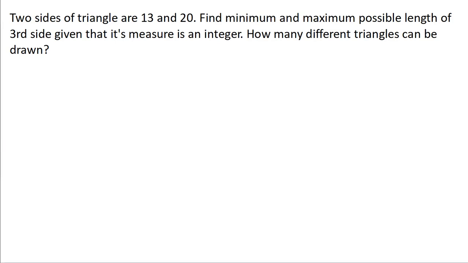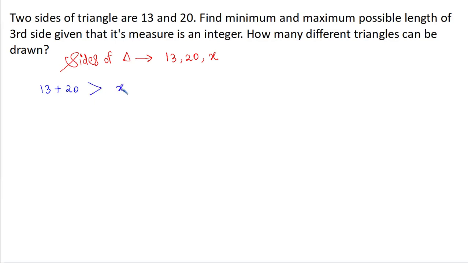So in this question, let's have a look at it. There are a total of 3 sides of a triangle. Out of those 3 sides we know 2 sides. The first two sides are 13 and 20, and the third side is unknown. Let's take the third side as x. So over here the property that we know is that the sum of any 2 sides is always greater than the third side. We need to find the value of x.